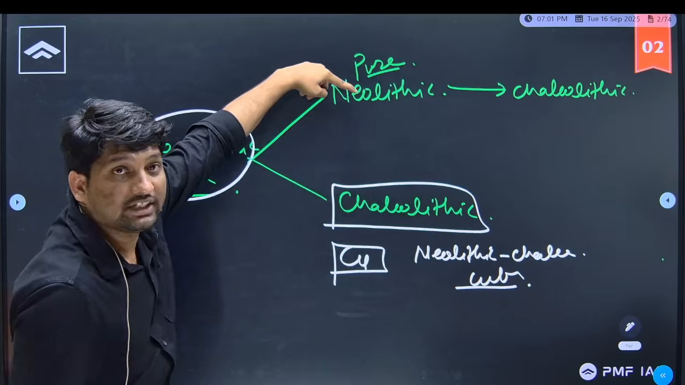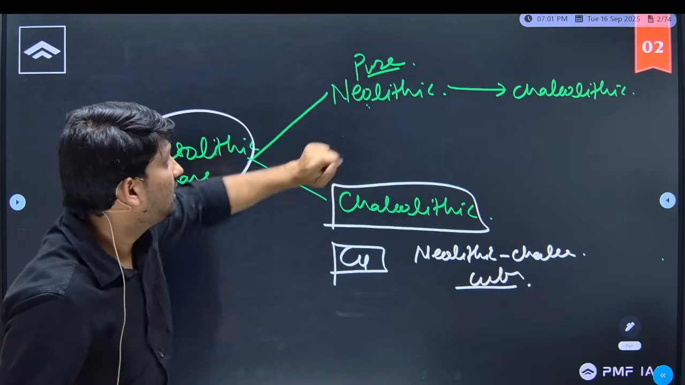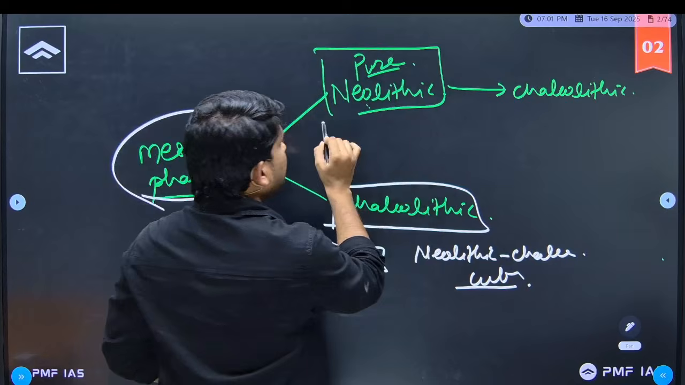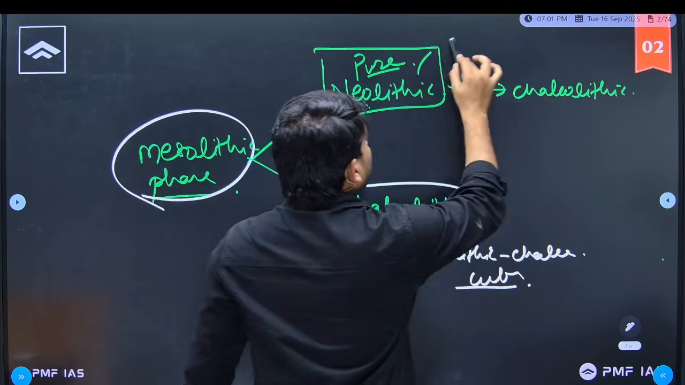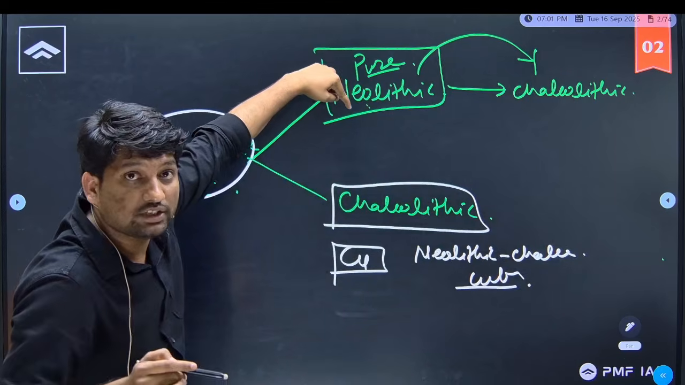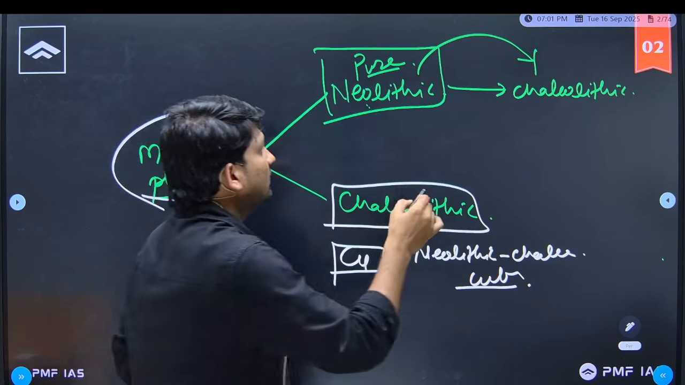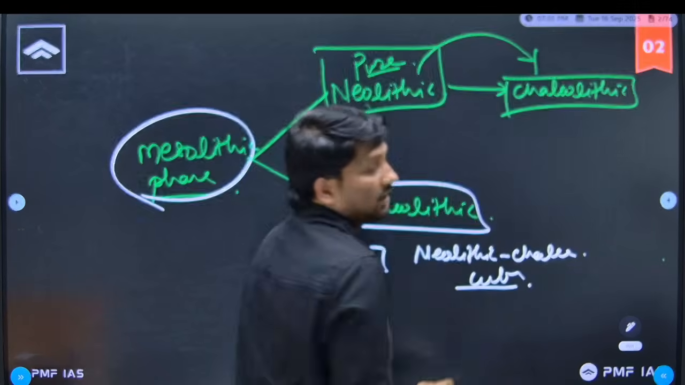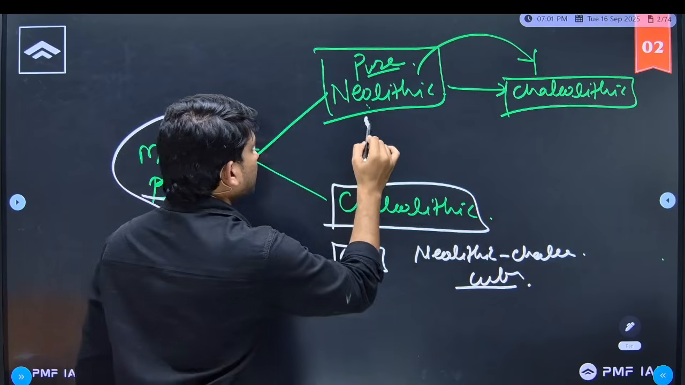First, in some sites you will see this Neolithic phase. These sites are called pure Neolithic sites. Then they will enter into this Chalcolithic, after the pure Neolithic phase. Once they use these polished stone tools, in the next period they will start using copper. If you consider this Belan Valley